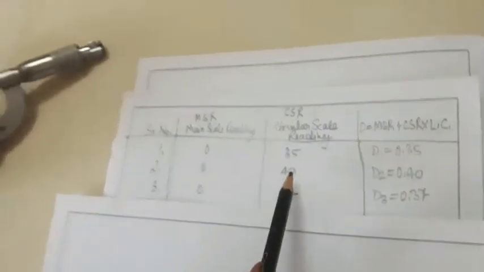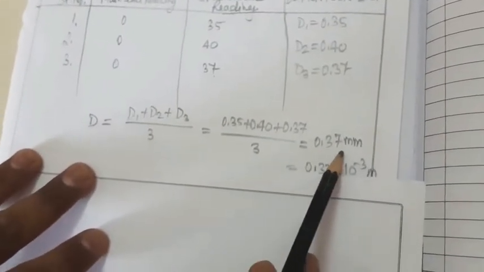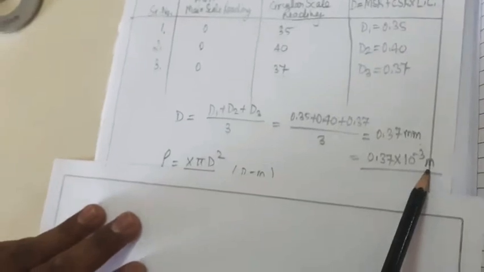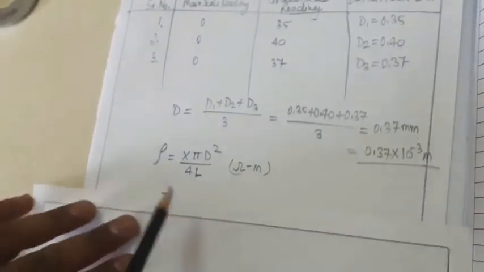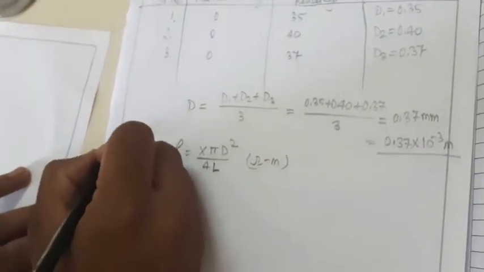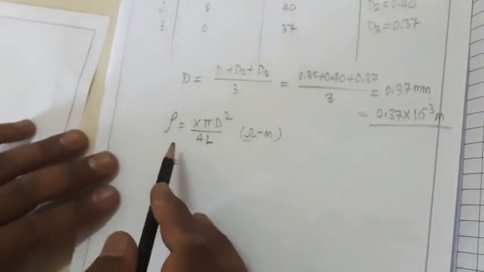Now, with the help of this screw gauge, we can calculate 2 or 3 readings of the diameter that I have already calculated, D1, D2 and D3. After it, you can take the mean of these readings by this method, and the mean will be in mm, because the reading of the screw gauge will always be in mm. So you need to convert it into meter. After it, you need to just put these values in the resistivity formula, that is rho, the resistivity or specific resistance of the given wire.